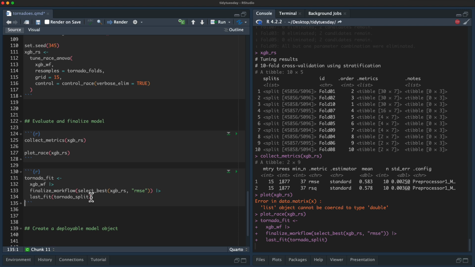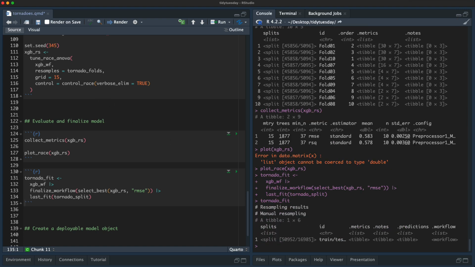Remember that all through this other process, when we were tuning, that was using the resamples, which are like little simulated versions of the data set that we can use for tuning. Okay, and we can look at what that looks like. It returns a tibble that has the training and testing data, metrics, and we can get out predictions.